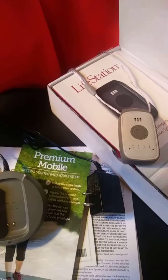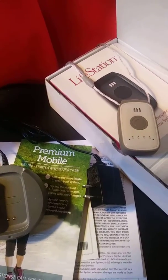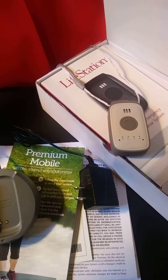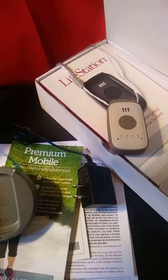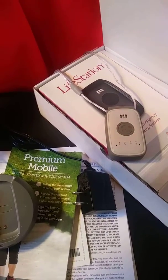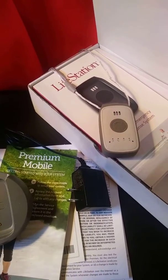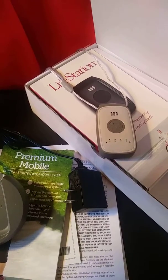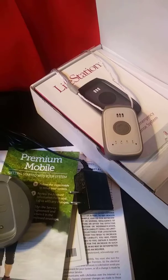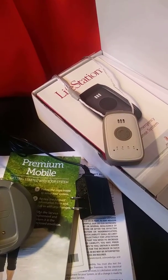It's great. So the rate on my program that I picked, there are different programs with different services, but it's about $29.95 a month with the insurance for the unit, which is $5 a month. Now, I got that because if you lose the unit, it's $325 to replace it. So it really is like a really good phone, except it's so much easier to use,